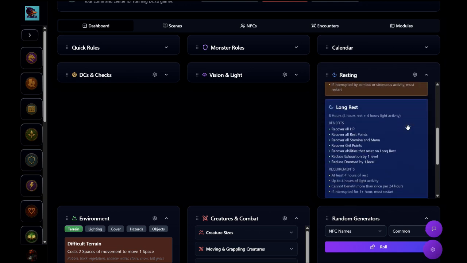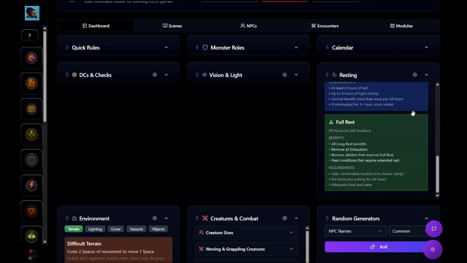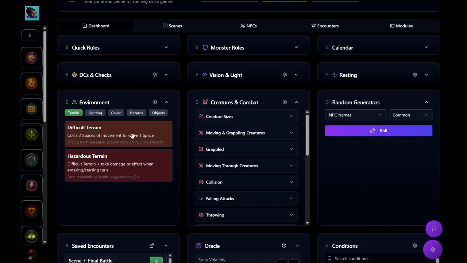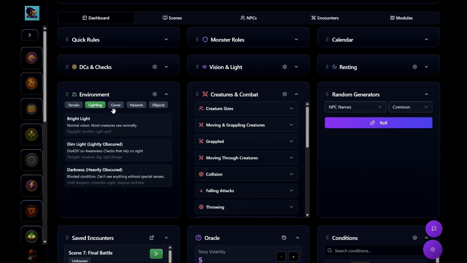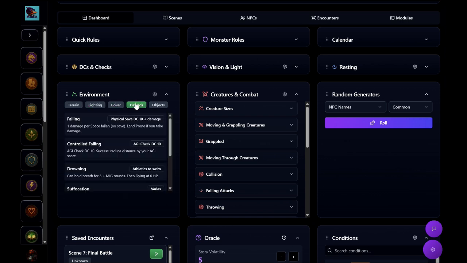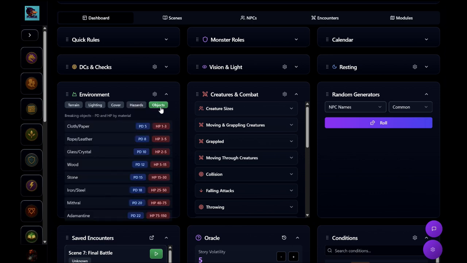So this again may not be much use for a DM, but if you ever need a reference what each of them do, they're right there. Then we have our environment, just some quick rules about difficult terrain, hazardous terrain, and how those work. Again, a quick other reference to lighting and obscurity, versus heavily obscured. Cover is referenced again, and then what some different hazards may lead to, and then different PD and health points